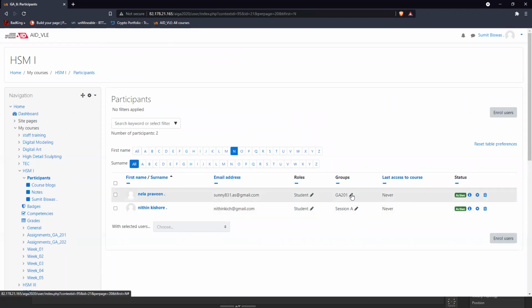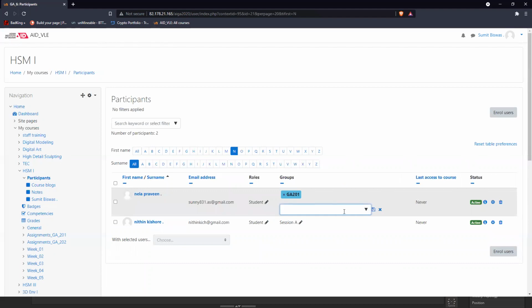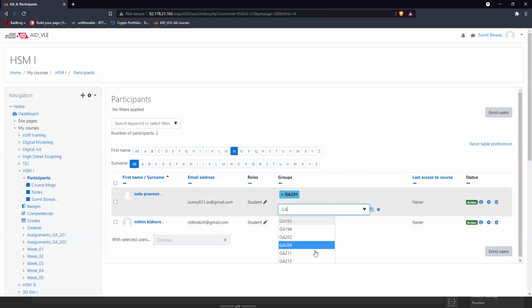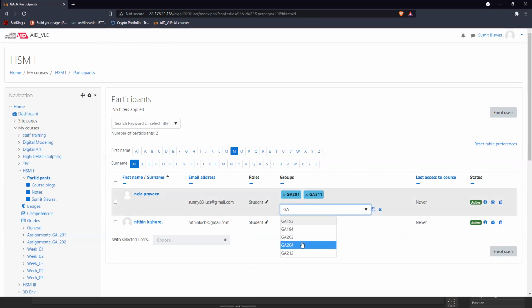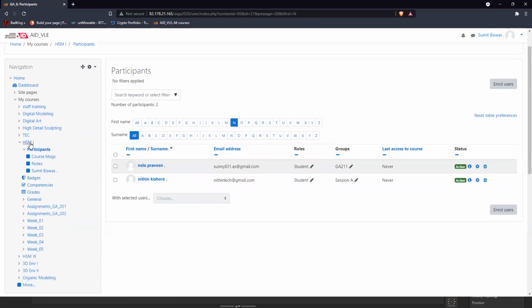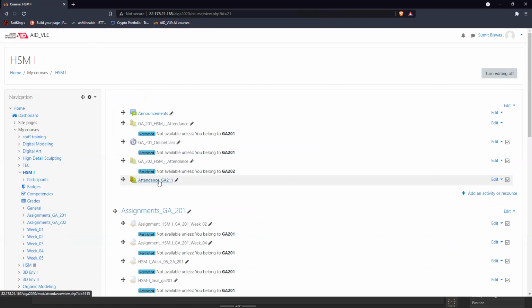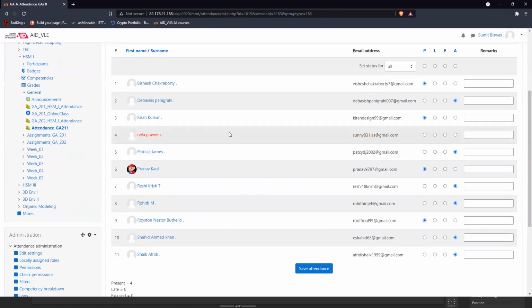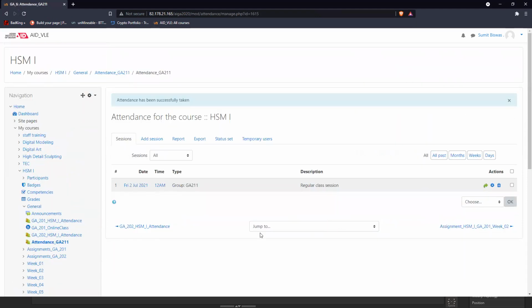This I need to change to 211. See. Yeah, the group was different. That's why it wasn't visible. So I changed the group. Now it will be fine.